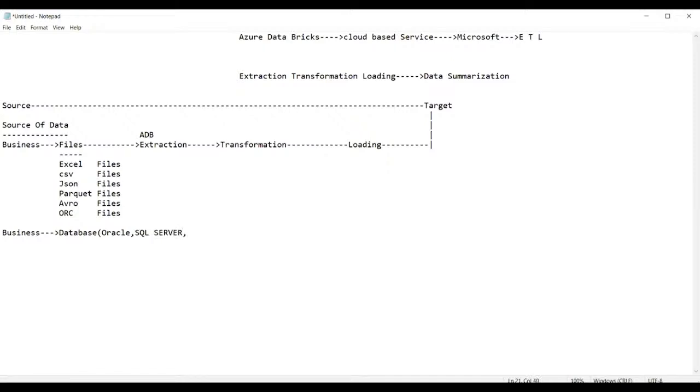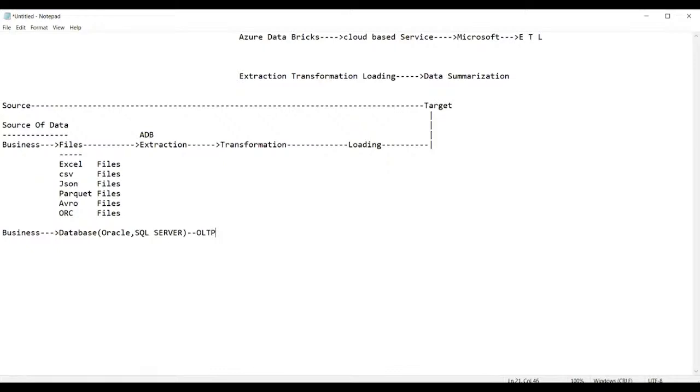Okay, it can be any type of database you have. Whereas with this kind of database, when you receive the data, we can say that we have received the data from an OLTP system. What do you mean by OLTP? OLTP stands for online transaction process. That is called an OLTP system.